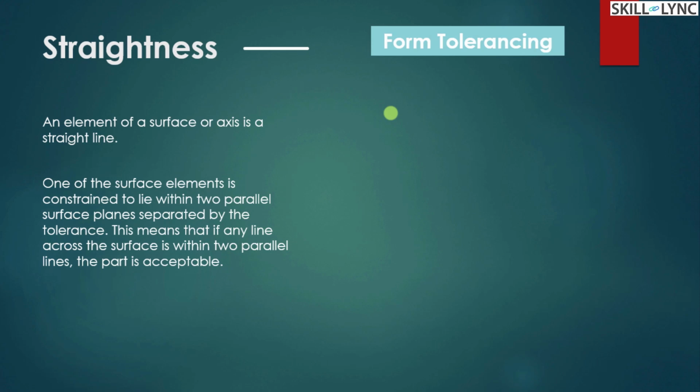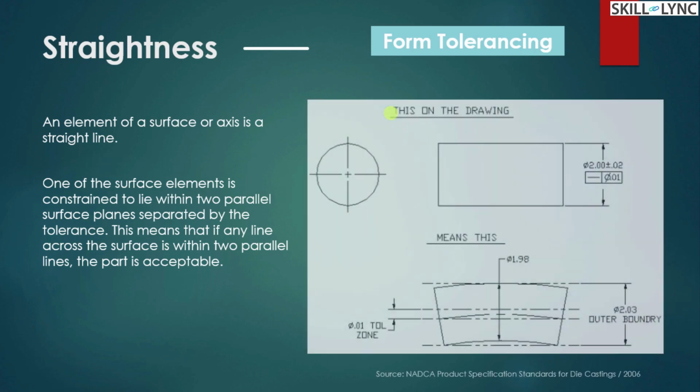So any line across that surface in that view will be within those two parallel lines. Only then is that part going to be accepted and cleared. So this is what straightness means. So let us look at this